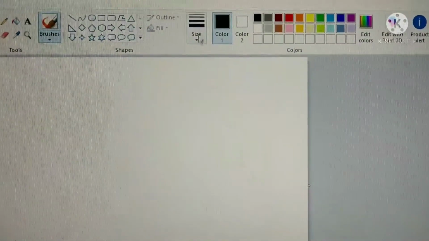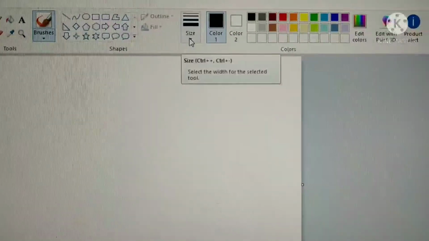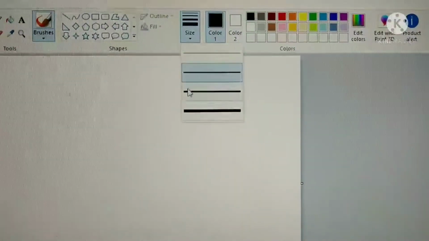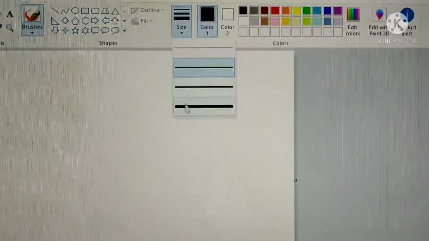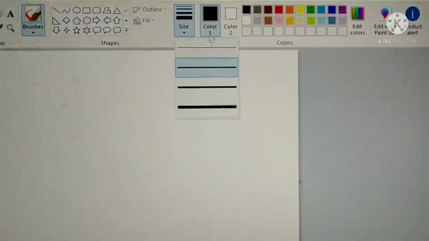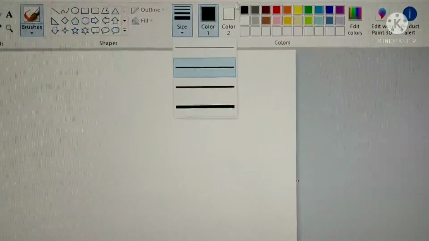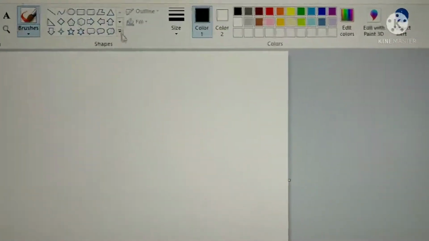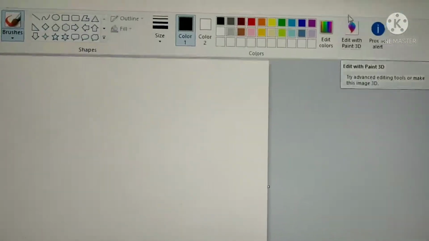Next comes size. This tool helps us to select the width of the pencil or eraser or the brush. Next comes the color box, children. The color box. From these color box, we can choose the color